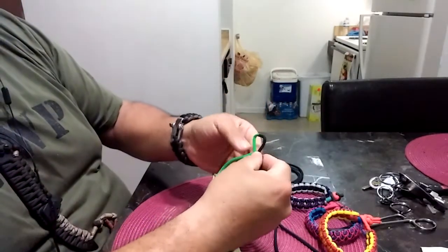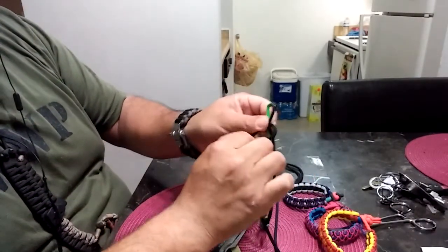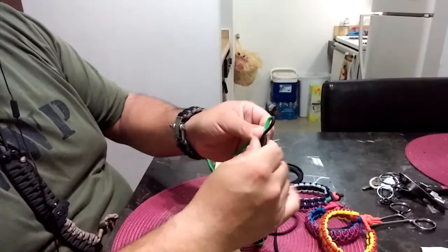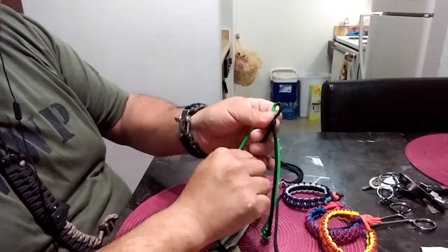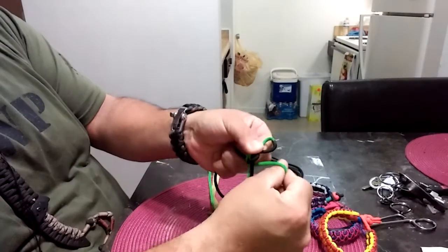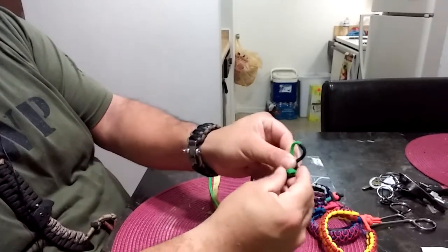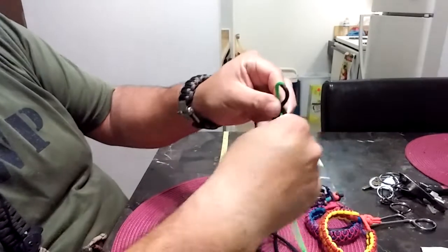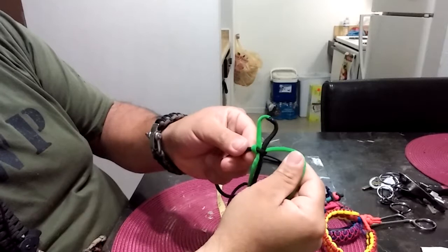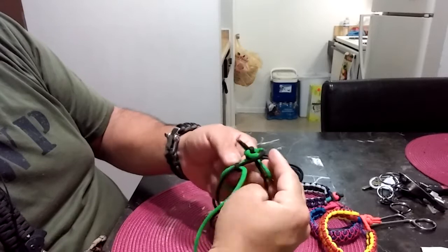So you hold that directly in the middle. I'm using the black on the inside; it's always going to stay on top. So take black, bring it across. Green, bring it over the black, behind it, like under, and then through it. All right, now that you have that first little knot, the little tie, you take your little diamond knot and